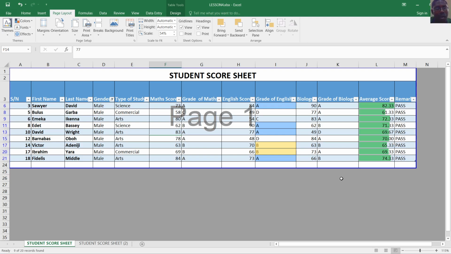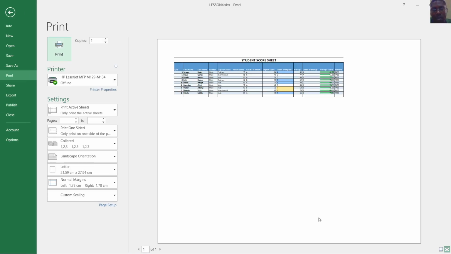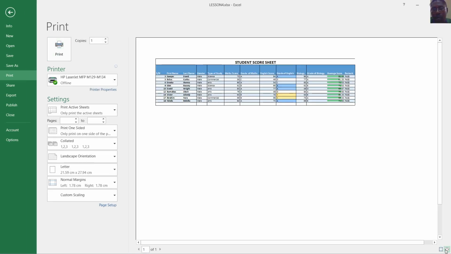Okay, so at this point, don't forget to save. You might want to print, Ctrl P. So you can see here, this is what it looks like when you want to print. So you can see what it actually looks like, and it looks as if it would even